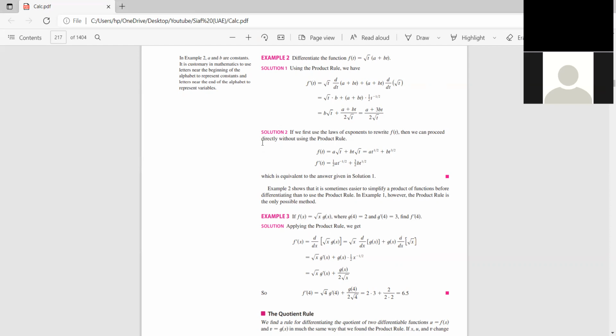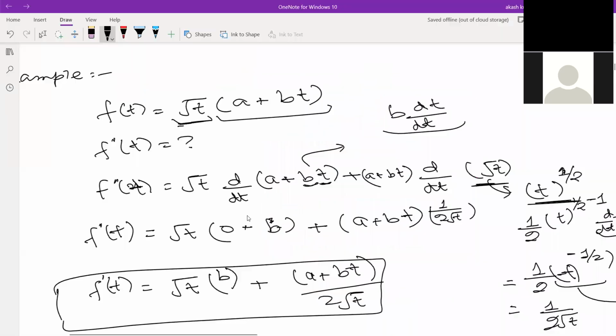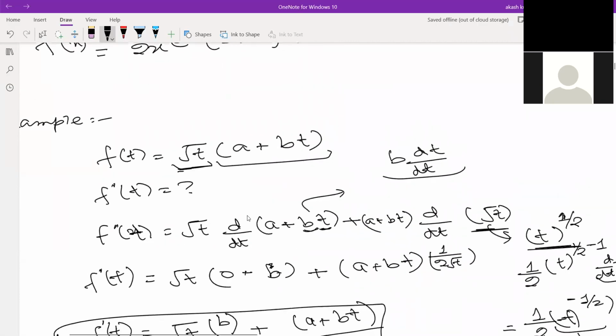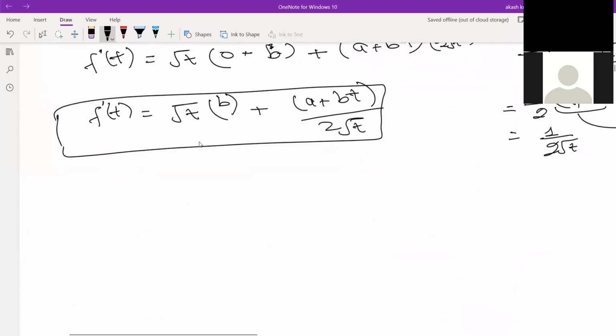I think the solution 2 was a little easier, but when you practice, both rules will be easier for you. Okay, can you please do 1 or 2 examples of the second rule so I can get an idea? Okay. So the function is